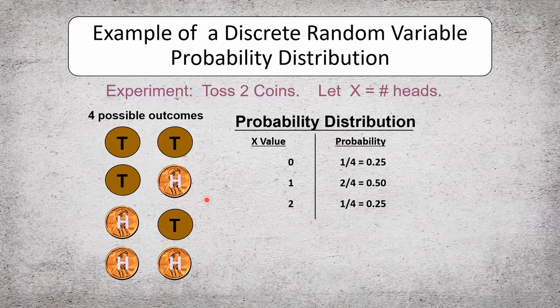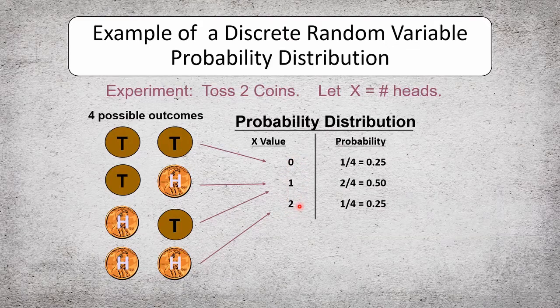So you have 2 divided by 4. And then the number of heads being 2, there is only 1 possible outcome out of a total of 4 possible outcomes. That is why you have 1 divided by 4. So these are the probabilities assigned to the